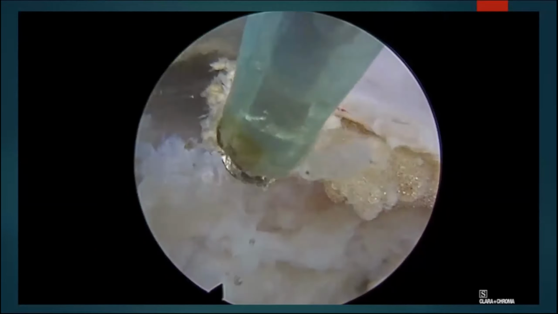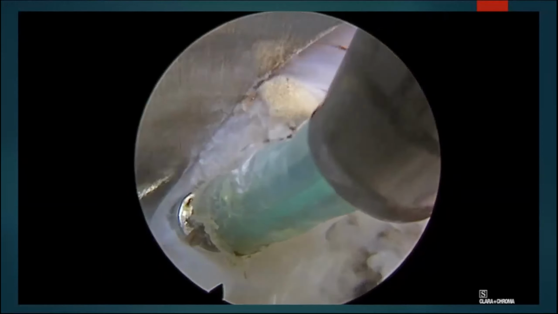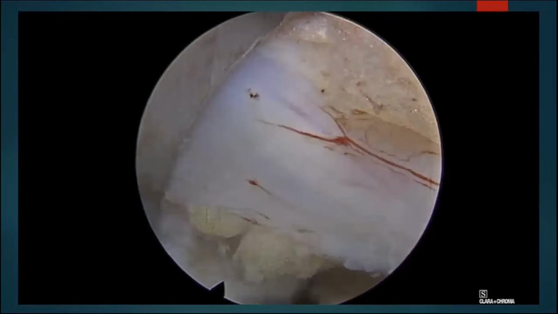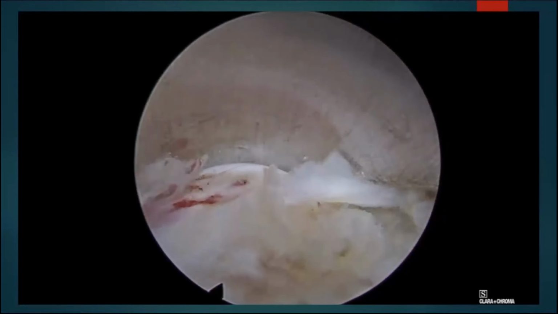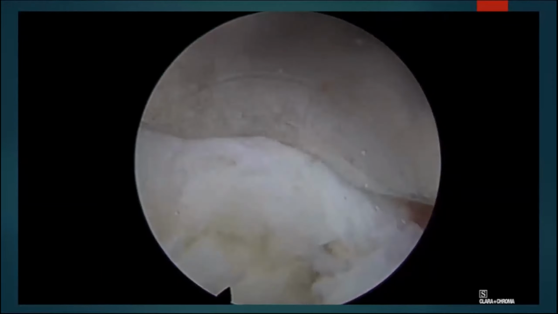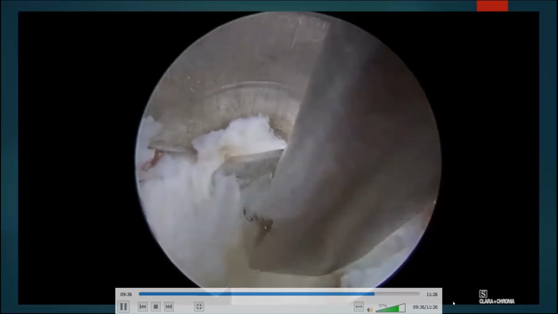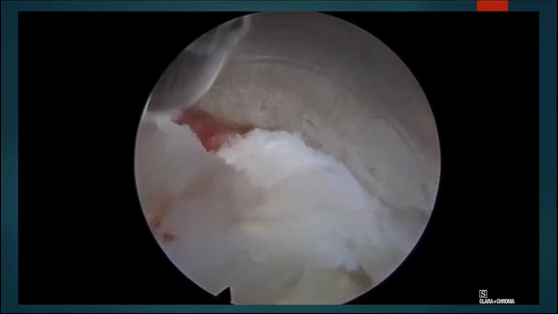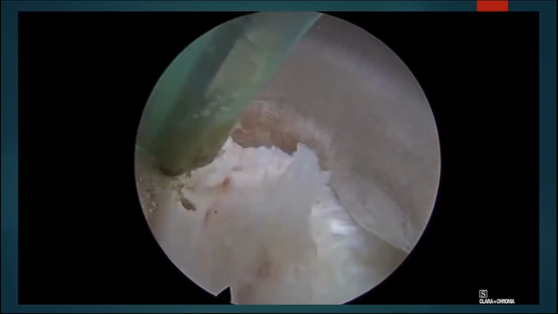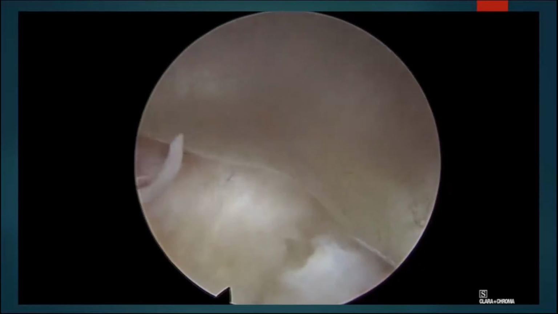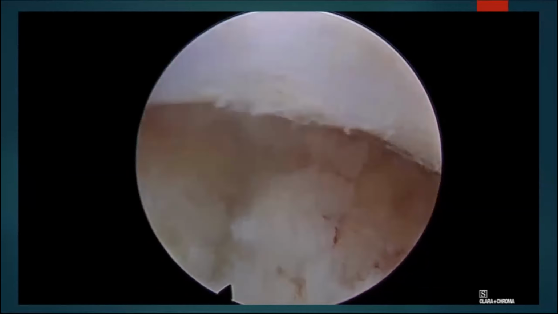Once this is done, then we'll go inferiorly. So this is done now. Then we'll go inferiorly and see if any fibrous structures are there inferiorly. So I can rotate the cannula. You can see how I rotated the cannula and use this cannula as a retractor at the same time and protect the nerve. So you can see I've cut that fibrous structure inferiorly also. I flattened the entire inferior surface and superior surface, and there are no hard structures there.